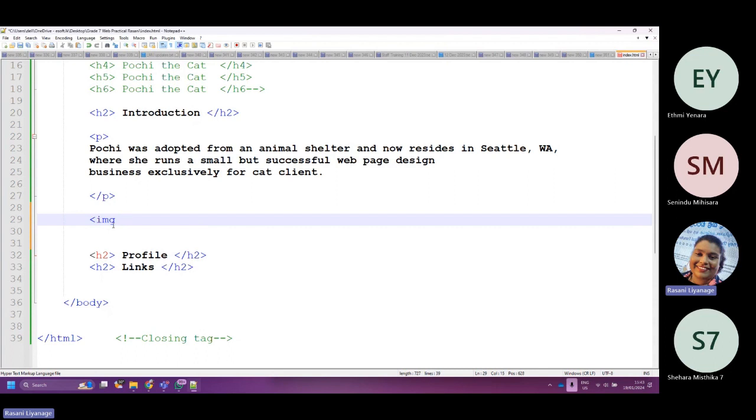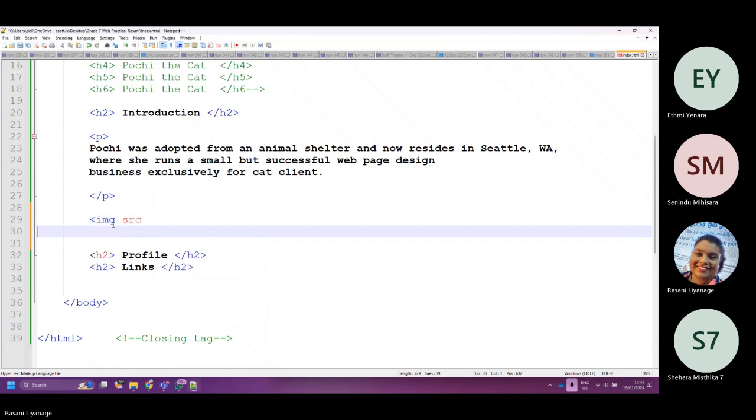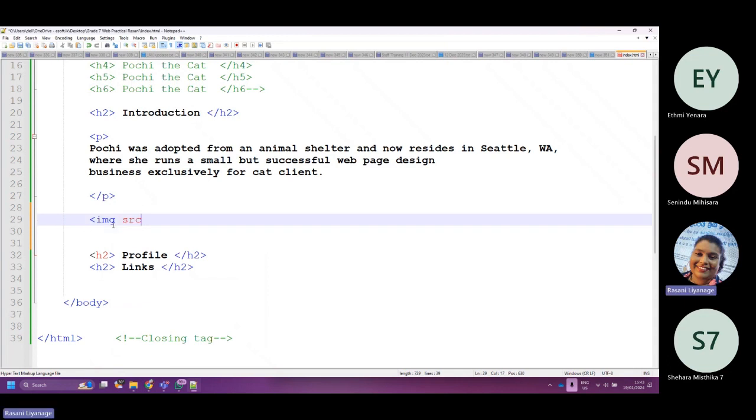Now say IMG SRC equals, within double quotes, paste that name, pochi.jpg.